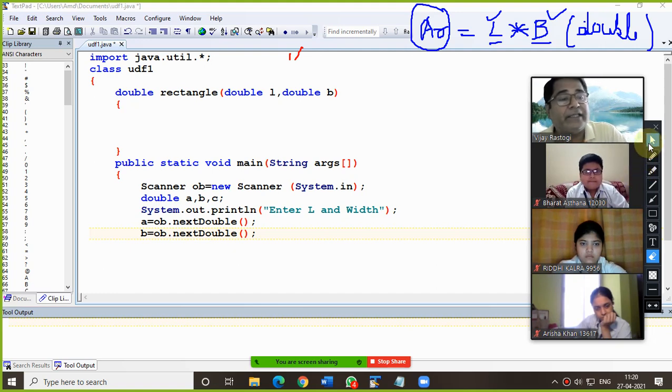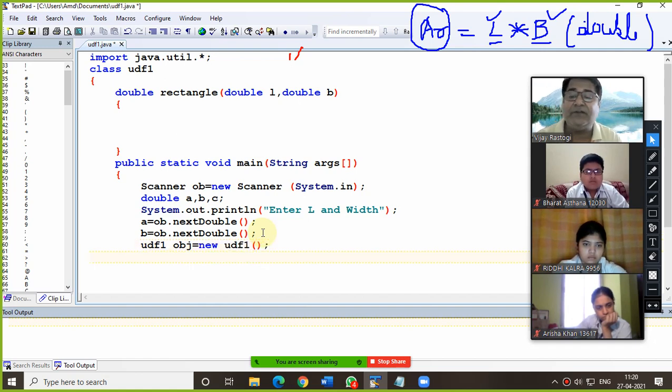For invoking it, please try to understand, basically in Java there is one line, that's object creation. So how to create an object of a class? Here the class name I have used is UDF1. Then the variable name I am using here is UDF this. So what is this line? That I will explain later after writing the program.